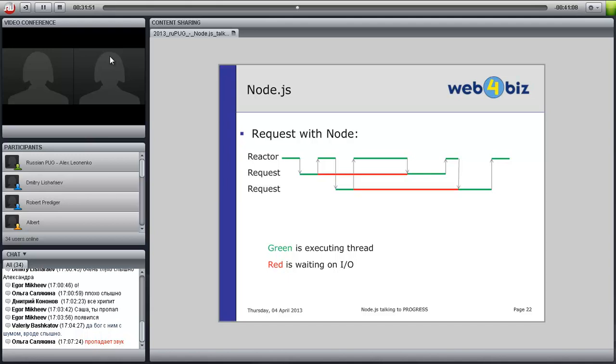Then, okay, for this I need my customers, so it goes to Progress, getting the customers. But while Progress is getting the customers, it goes back to the reactor, to the event loop.